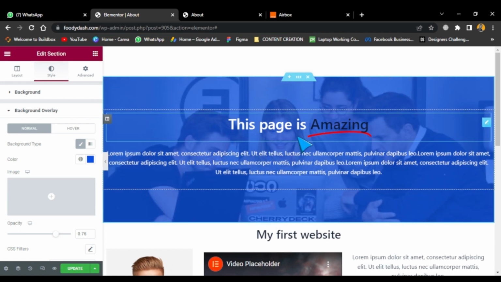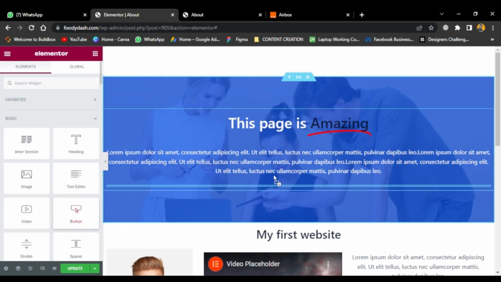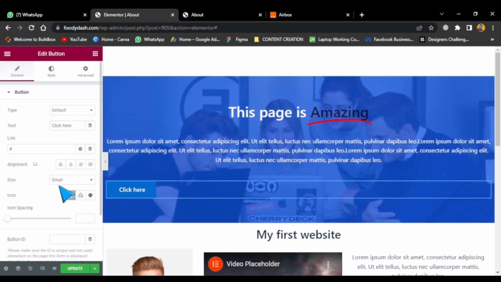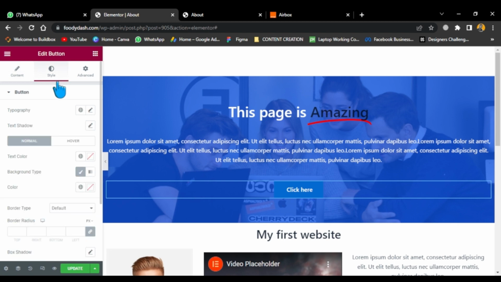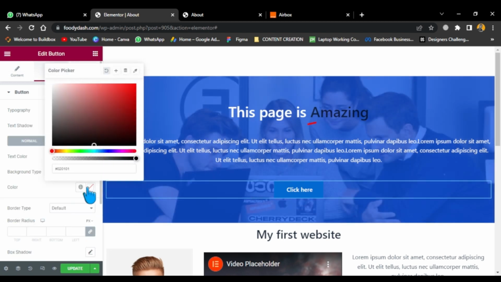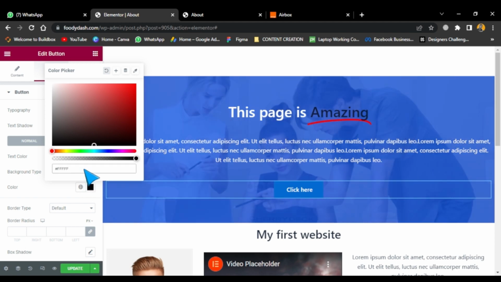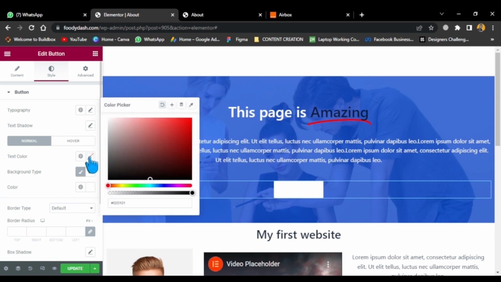Another thing that we can add to this section is to go to this home Elementor page builder, and I'm going to drag and drop a button at the bottom here. First thing I'm going to do is align this button to the center. I'm going to change the coloring of this button. I go to the style section, and once I'm there, I'm going to change the color. I'm going to give it something maybe white. Once I give it the white color, I'm going to change the text color to something blue